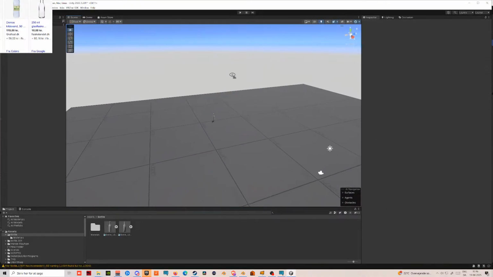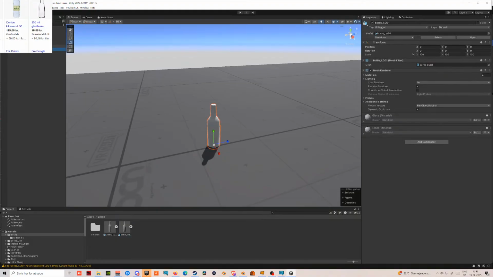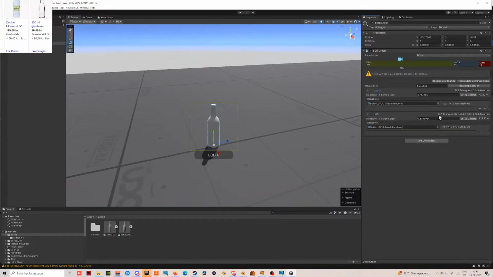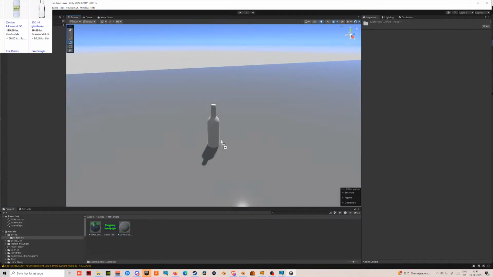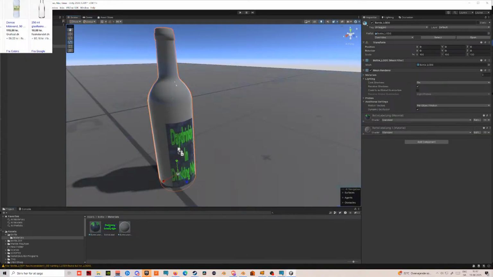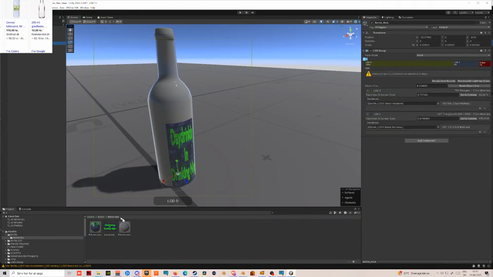And now we should see less of a difference. Yeah, I honestly don't even see it, but it's there. And what's the difference? 700 versus 247. Yeah, that's worth it. Let's do the bottle here. Let's take a look. And then we can take the prefab here, turn it down here,